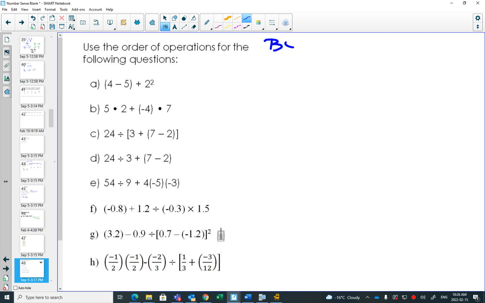I'm going to write it up here just so we have it in our heads. Do we have any brackets in this first one? Yes. What's in the brackets? Only one thing to do, so we could do that one thing. What is 4 minus 5? It would be minus 1. So if we were showing our work, I could put a minus 1 under this, and then I would have